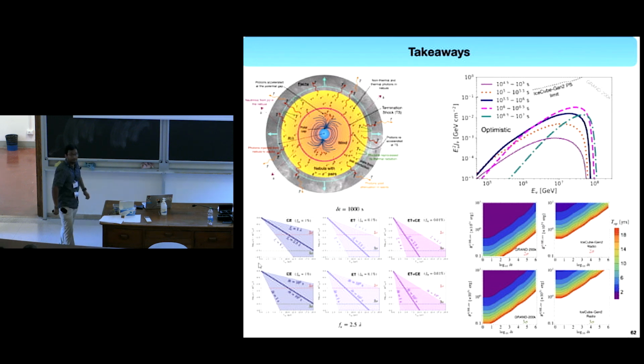So what is the size of the magnetic field you are assuming? What is the size of the region of acceleration? There are many parameters probably involved. Is it okay if I write it here? So basically,